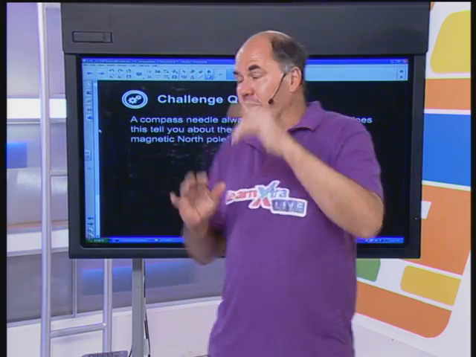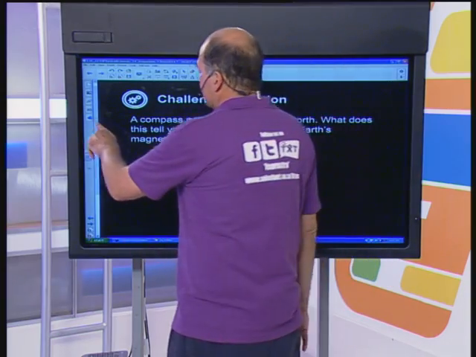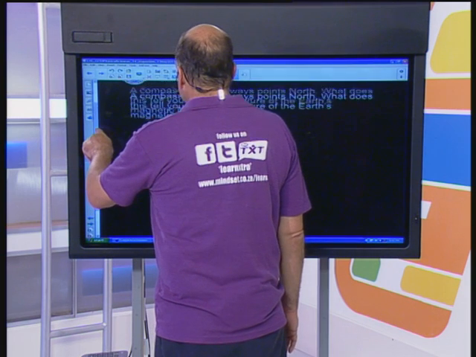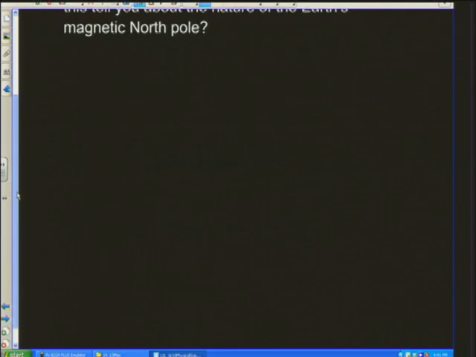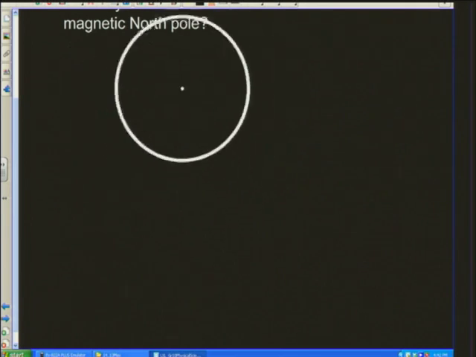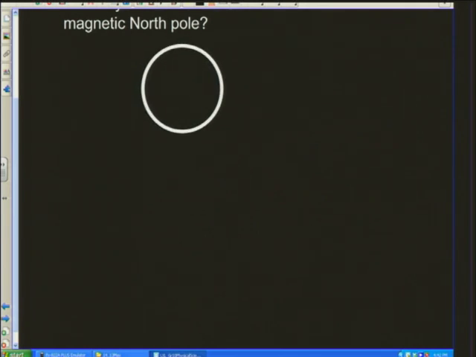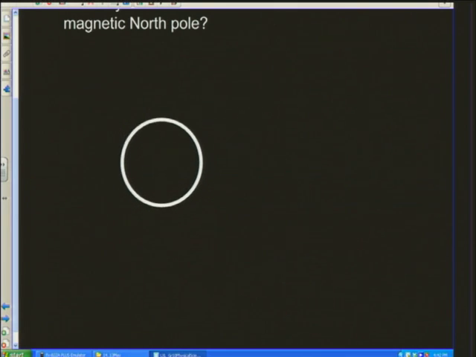Okay, so I tell you what, let's get some ideas going here. And the first thing that we're going to do is we recognize a compass. We're going to start off by talking about a compass. A compass always points north. So what is a compass? So remember, we've been drawing it, and I drew a little rough sketch of the compass earlier on. And I said we have this little circle, and in the middle of the circle, we have a little needle.